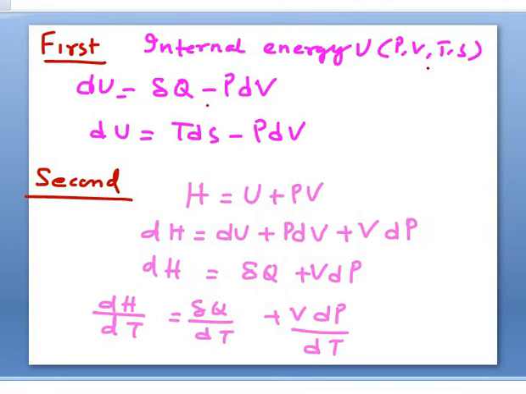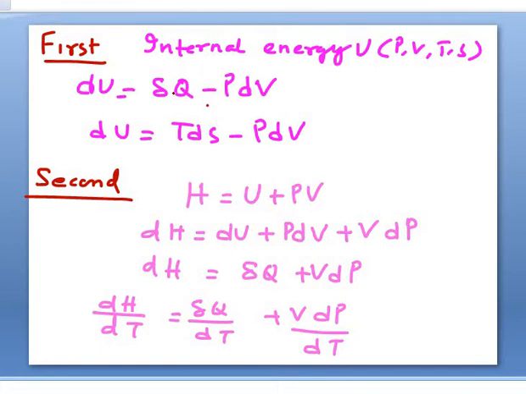Internal energy, we know, is the sum total of kinetic and potential energy, and can be expressed as a function of all these parameters. But basically we will express it in terms of the first law. According to the first law of thermodynamics, del Q is equal to dU plus PdV, where dU is the internal energy and PdV is the work done. Again, del Q can be written as TdS, because del Q by T is equal to dS, where S is the entropy. So instead of del Q, we express TdS.